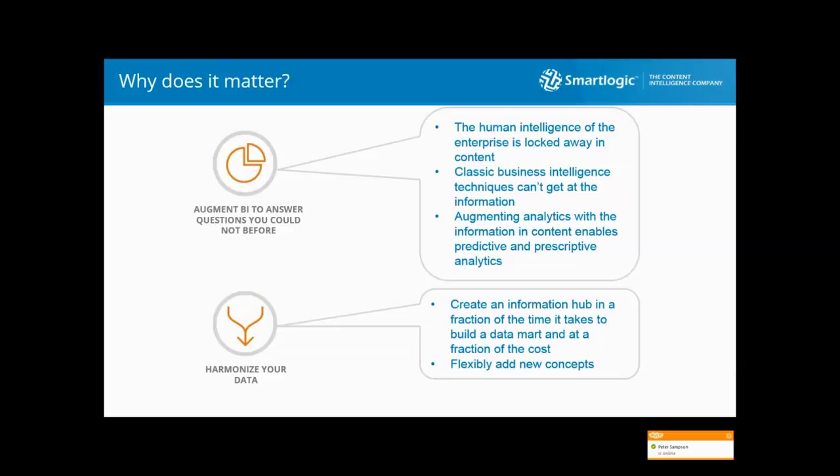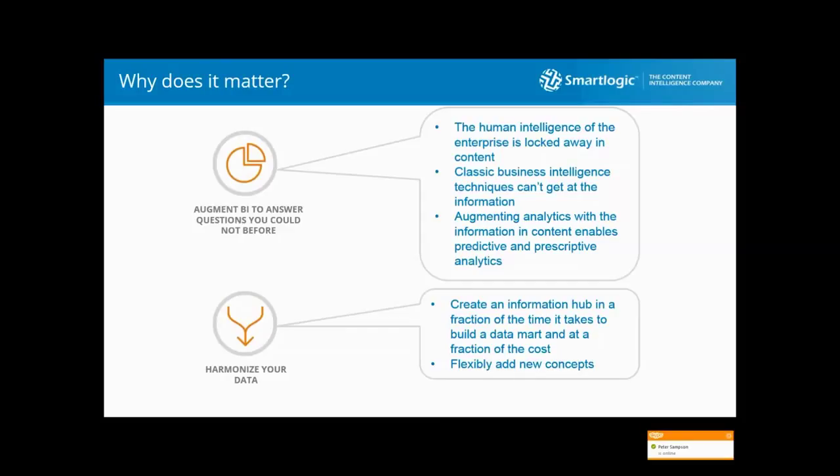Sure, you can dump it all into a NoSQL document database, and you can do some keyword searches and so on, but you have no concept of the context of the information, the context in which it was created, the context in which it's being used, or the relationships that exist within a particular information asset that are critically important to understanding how it should be used. And in order to do that, you need to be able to extract that information in a fashion which is complete and consistent with the model of your problem domain